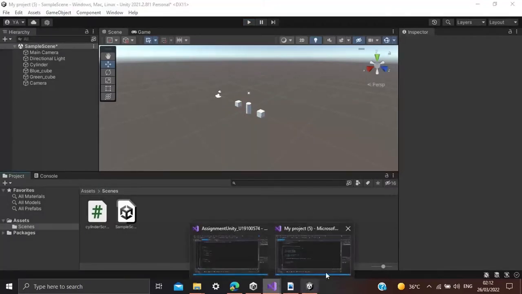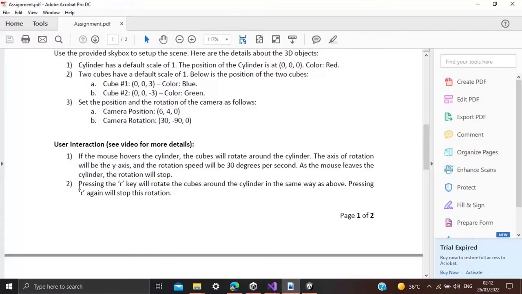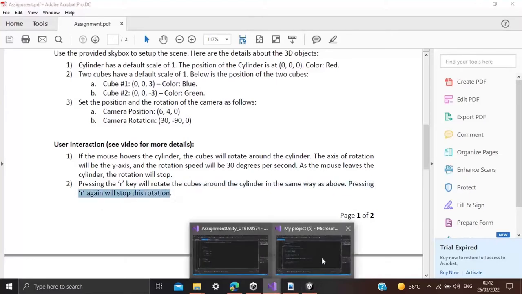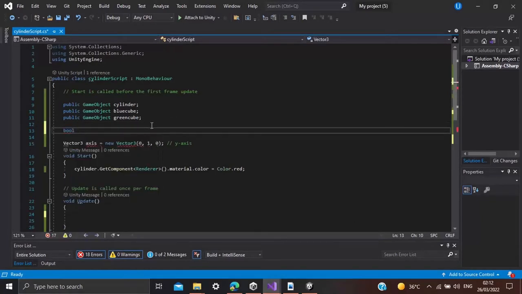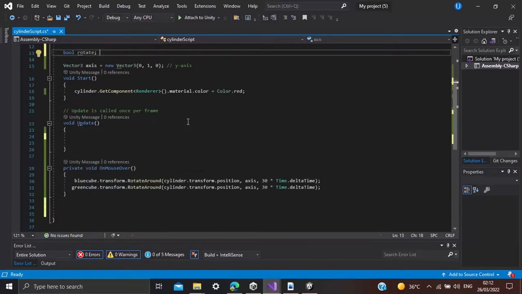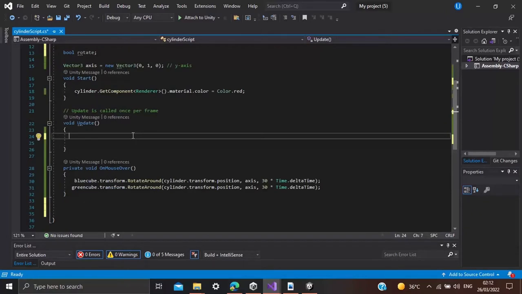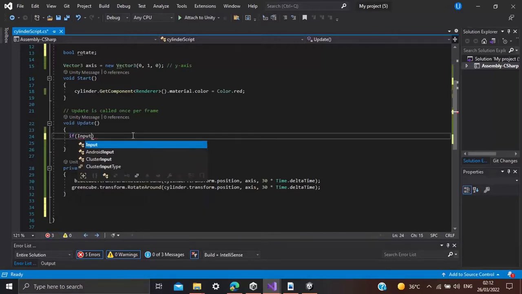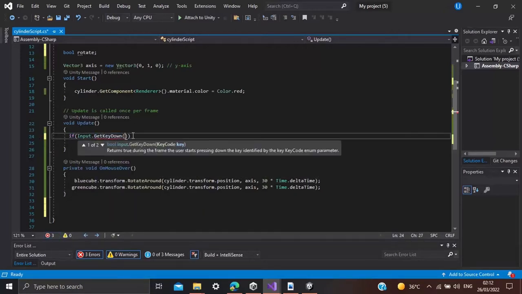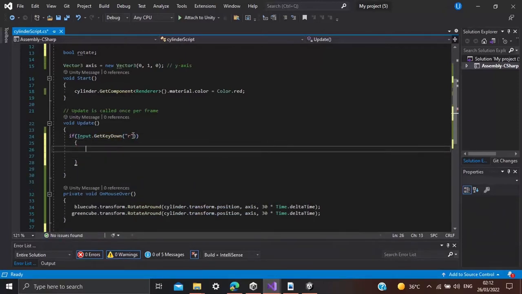Okay, so part 2 of the question will be: pressing the R key will rotate the cubes around the cylinder, and pressing it again will stop the rotation. So what we are going to do is, first we're going to create a boolean. I'm going to call it rotate. Okay, and then in the update function, we're going to have if Input.GetKeyDown, and then the R key,